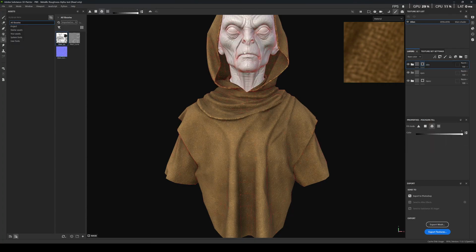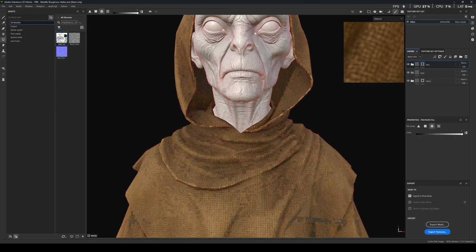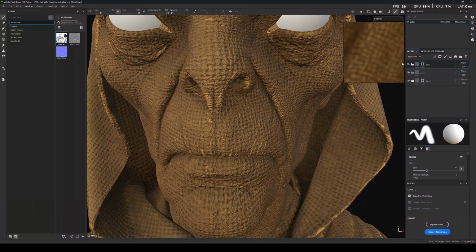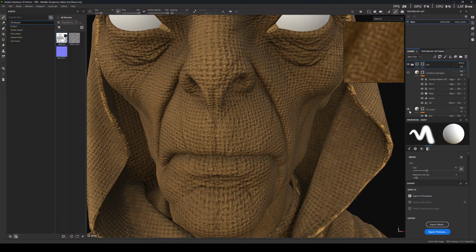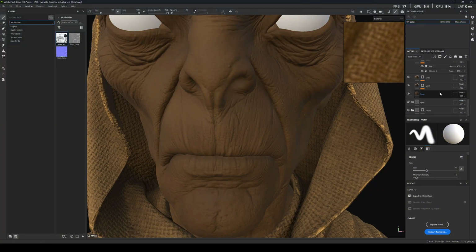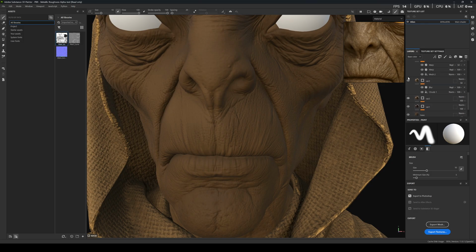I'm gonna select this time this and these two, and let's turn off first of all the upper layers, and let's find the right colors